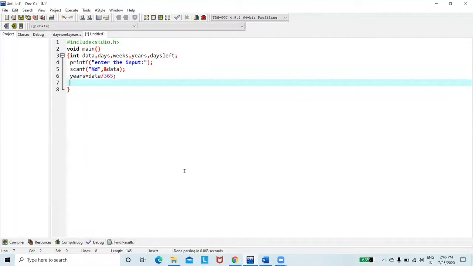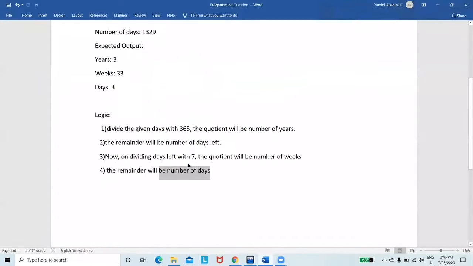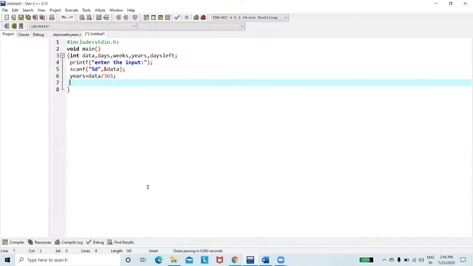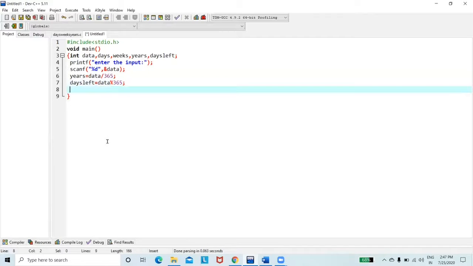And now, once again, what's the second step? The second step is the remainder will be the number of days left. So what we have to do is modular division. I'll store it in days left. Days left is equal to data modulo 365. You got it right. So the remainder will be stored in days left. So now we are done with years.